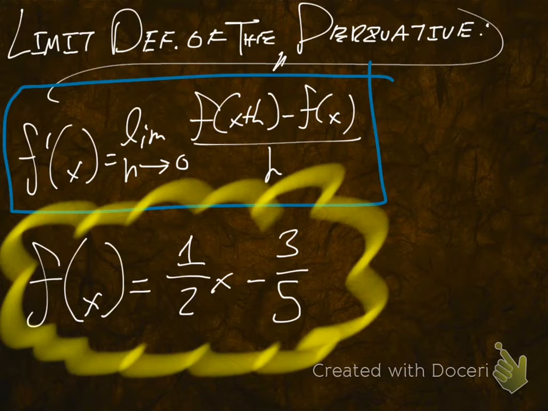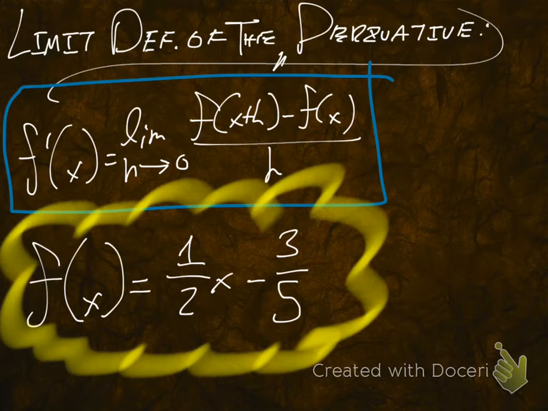I say always, it's probably almost always, but I'm hard-pressed to think of a single example in which the limit definition of the derivative is going to be less work than just using derivative rules, and I think you'll really see what I mean here. So let's talk about this. This is a problem that you see here, f of x equals 1/2 x minus 3/5. This is a pretty simple, first-degree rational polynomial function, and its derivative is very easy to take, but